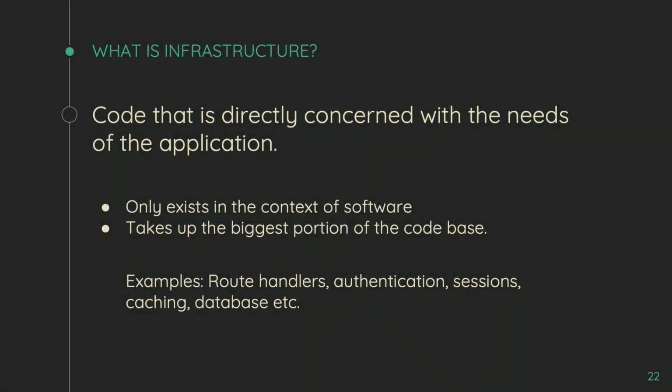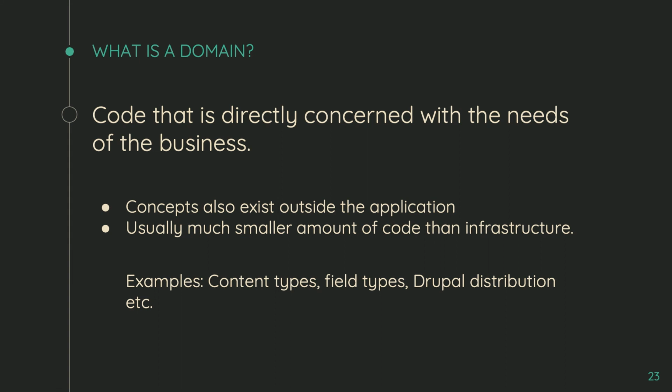Okay, infrastructure code. This is concerned with the needs of software. This is the code that handles your caching layer, your route handlers, authentication, sessions, all that stuff. Anything like that that you see shared across different applications, that's your infrastructure code, generally speaking. This is where software just acts as software, but it doesn't really satisfy any business needs. That's where domain code comes in from domain-driven design. This is where you're representing business concepts in your application.